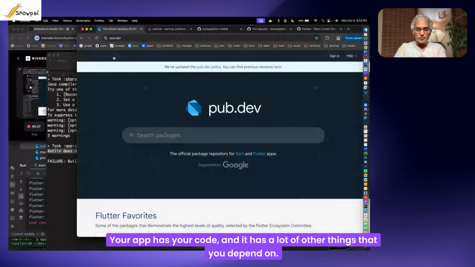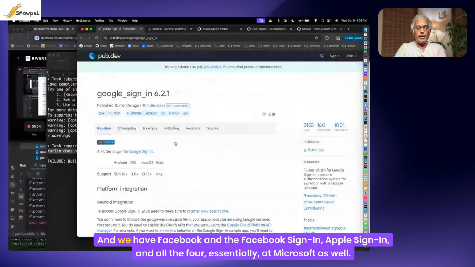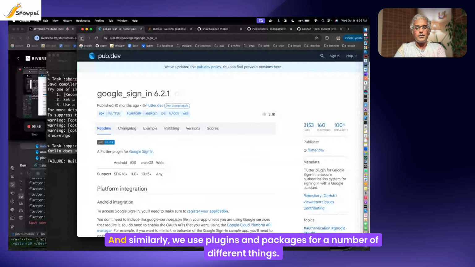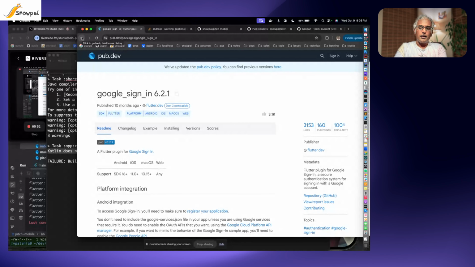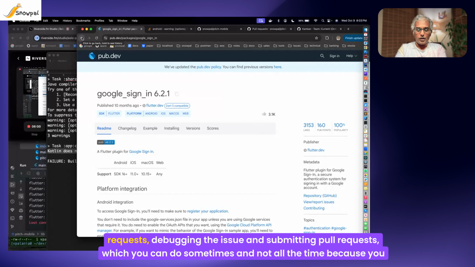Your app has your code, and it has a lot of other things that you depend on. Like for instance, for Google sign in, we use this package, Google sign in, and we have Facebook sign in, Apple sign in, and Microsoft as well. So we use different plugins for them, and similarly we use plugins and packages for a number of different things. Now you don't have control over those packages. It's open source, but short of forking the repo and adding the fix, or debugging the issue and submitting pull requests, which you can do sometimes and not all the time because you have other fish to fry,